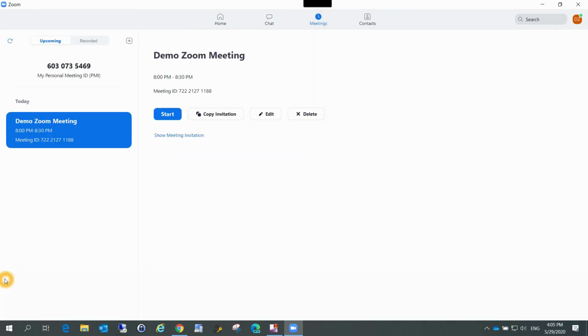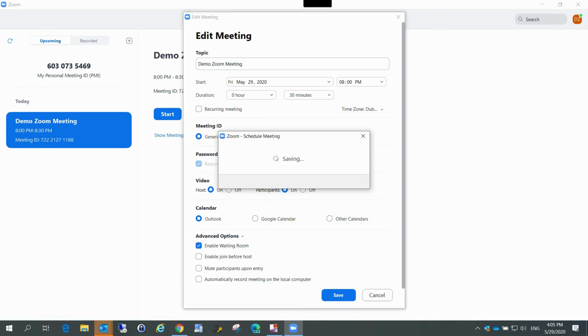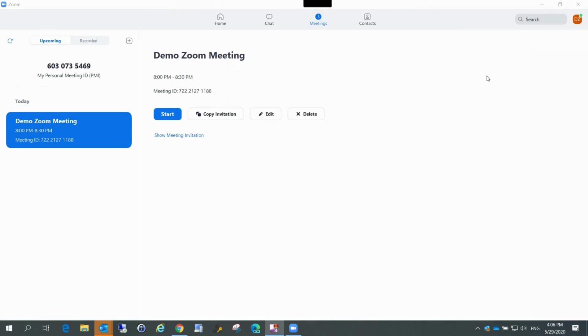The next important tab for you is the meetings tab. You will see all the meetings that you created here, and also the meetings that you plan to join if you have an integrated calendar. So we are mostly targeting the meeting that we created, and the moment the time reaches, or during the time itself, we can start the meeting. You also have an option to edit the meeting and change some of the features if you wish to.